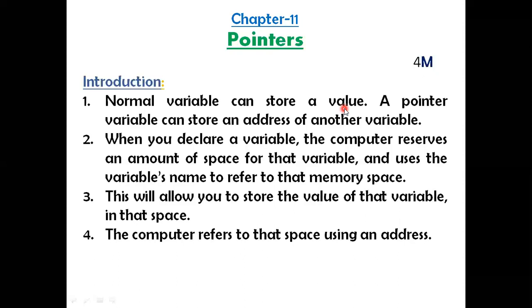I have assumed that I have given two values, say for example 20 and 40. 20 will be stored in which variable? A variable, and 40 will be stored in B variable. So this A and B are the normal variables which can store the value. This is most important. I'll repeat, which can store the value given by the user, which may be 20, 40, or 50 or 100 or 5 and 10, whatever the integer value. So a normal variable can store a value.